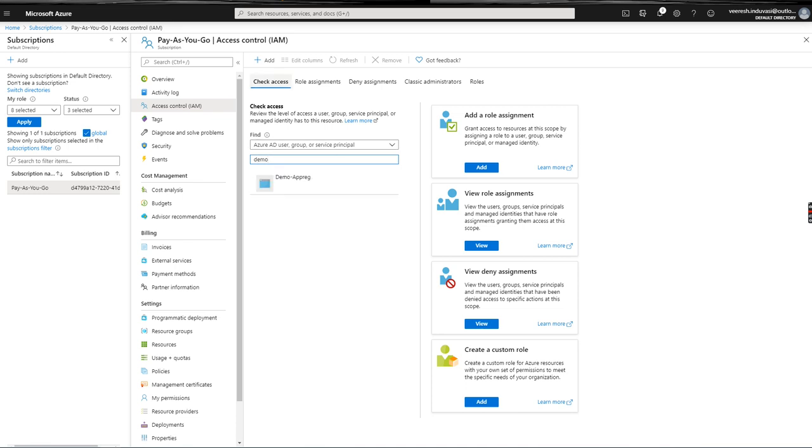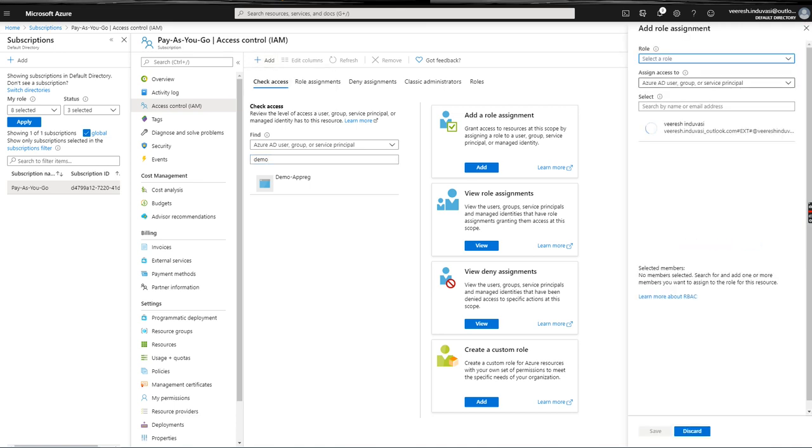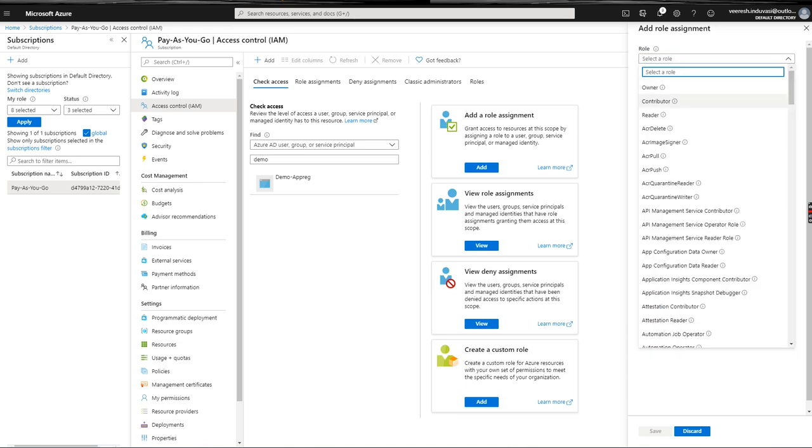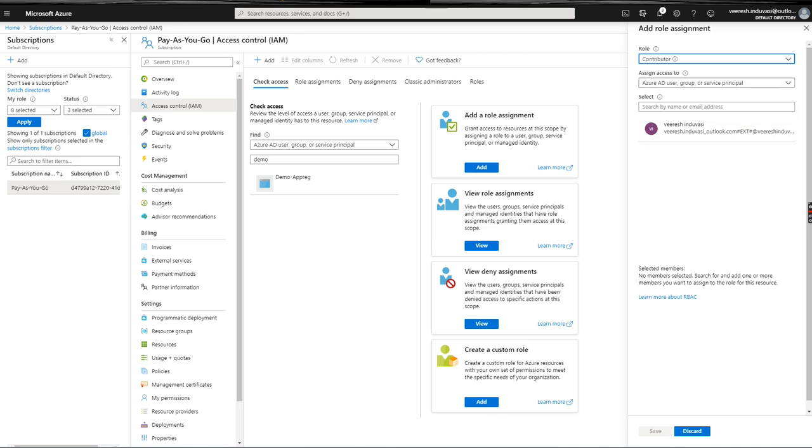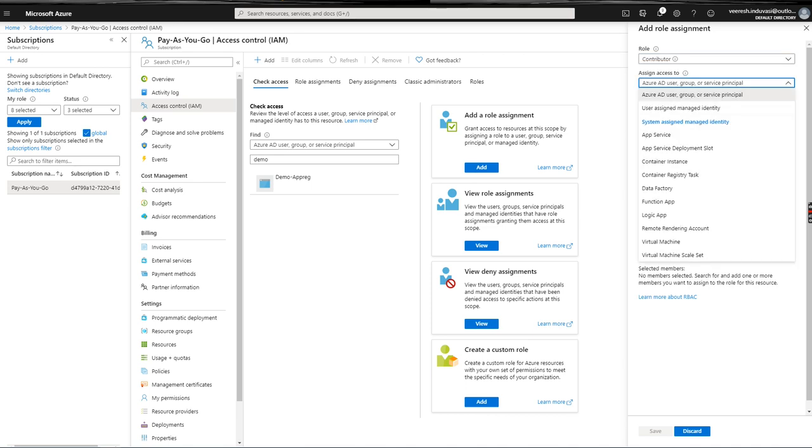So this is check access permission. Actually, I need to add a permission, so I'll click add role assignment. Then select a role. There are different sets of roles. If you are familiar with the Azure portal, you might know what owner, contributor, and reader do. In this case, I'm going to choose contributor, and then access permissions.